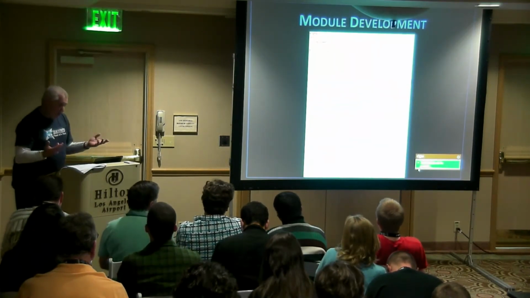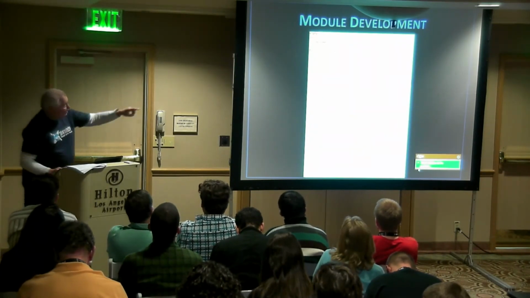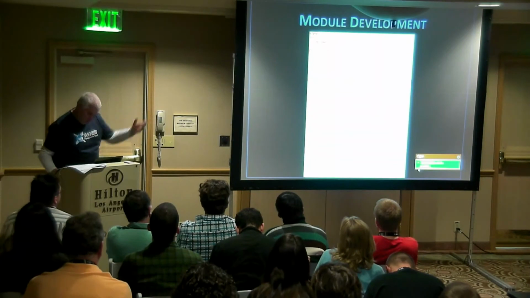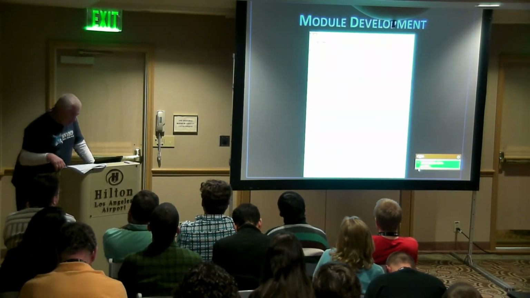So hook_block_info is one that's going to create a block and tell Drupal what the name of it is. And what you'll notice is we replace the word hook with the name of the module. So in this case, it was called sample module. And then it's implementing a second hook, hook_block_view,